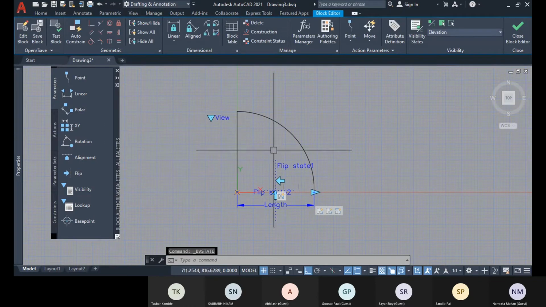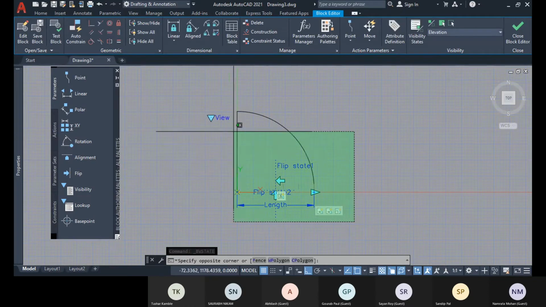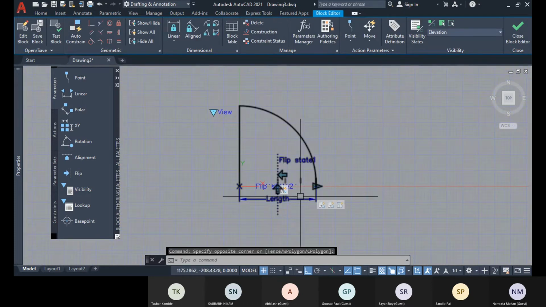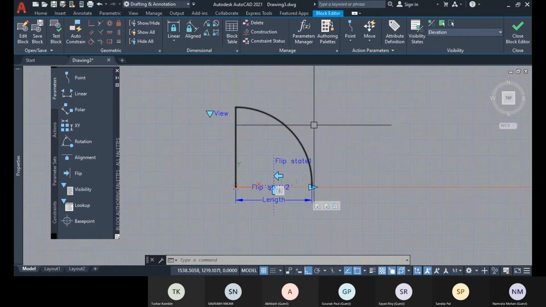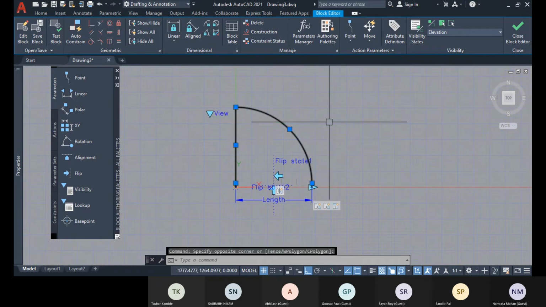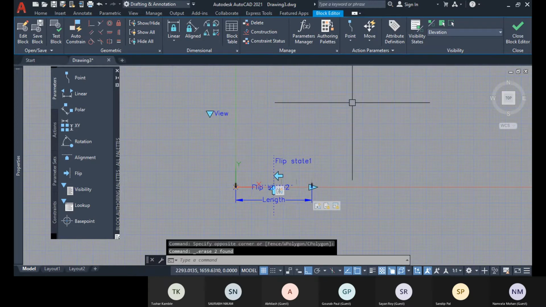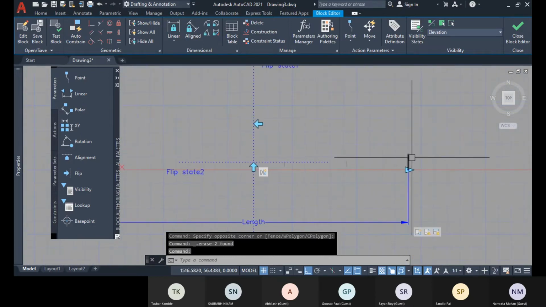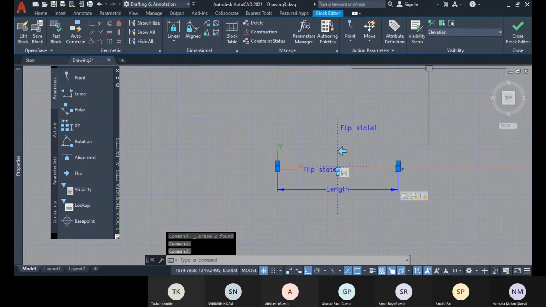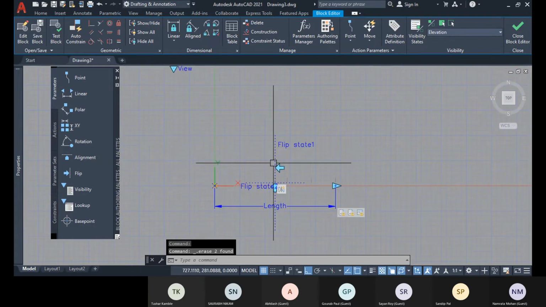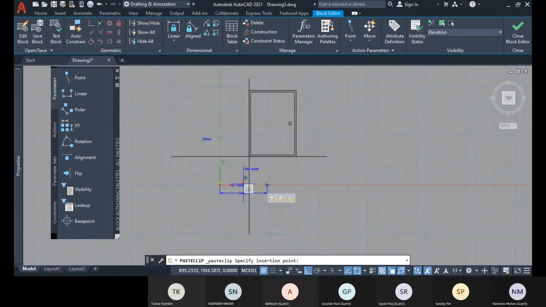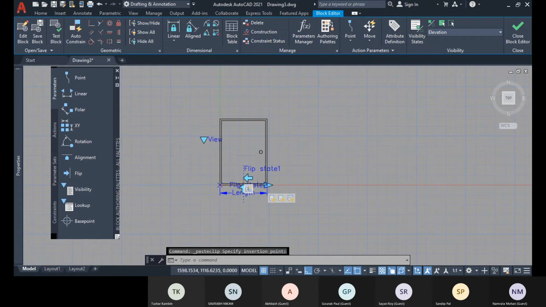All right, now suppose you need these parameters, right? So for that, what you can do is you select this object. I don't need this object within this visibility state, so I will simply delete it. I will delete this object within this visibility state of elevation. And you remember I had copied this.